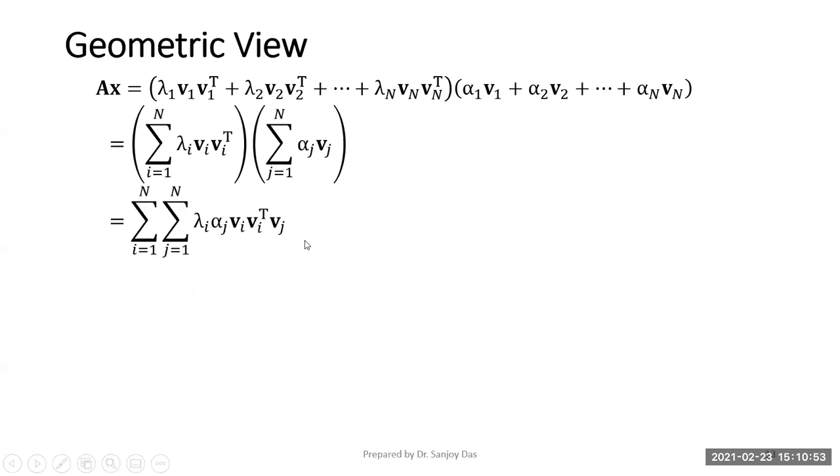This, which is equal to, let's take the summations to the left side. So summation i equals 1 through n, summation j equals 1 through n, lambda i, I'll take the scalars to the left here, lambda i and alpha j, and then vi, vi transpose vj, vi transpose vj. Correct? Now, what happens when